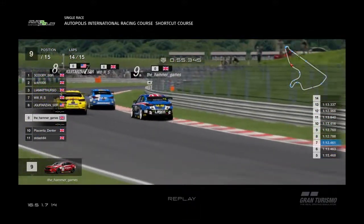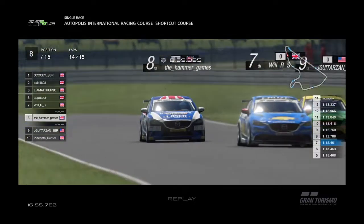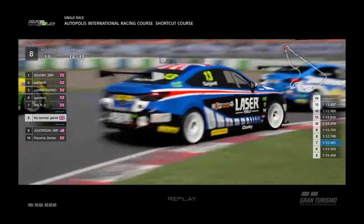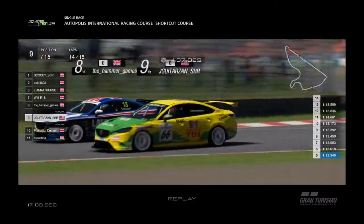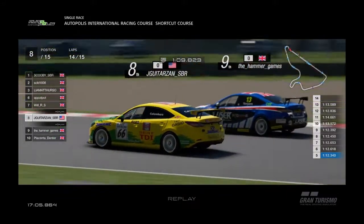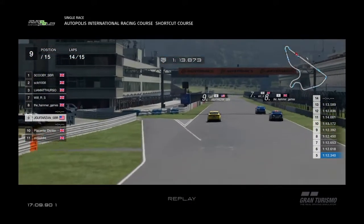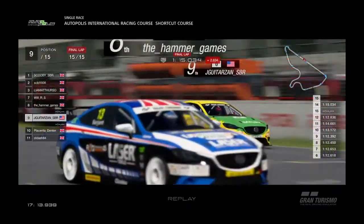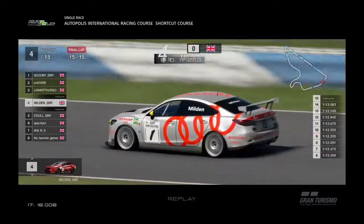And now Sargent's on the scene, and he'll try and send one down the inside at the hairpin, the last corner, and he should get that done quite easily. He does. So Jeff's gone from looking at 7th place to falling back to 9th. Nope, it's not over. There's still contact. Bit of a mid-corner sideways moment from Sargent has kind of got those two together, but it all seems to sort itself out. But as we move into the last lap now,